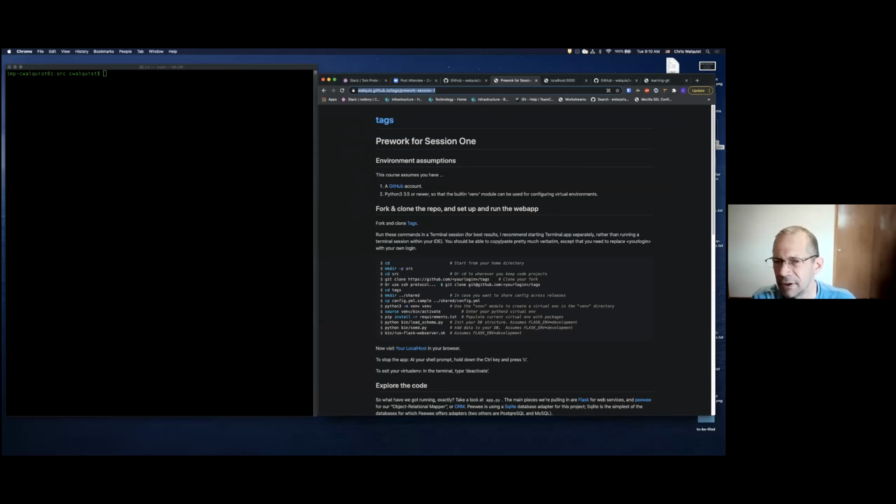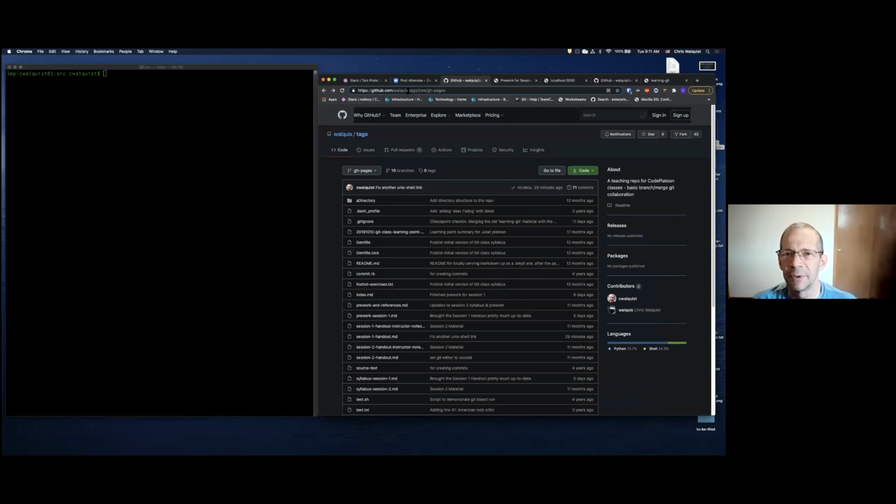And so what we have here is a tags repo, and the link I just chatted you is the, let me back up a little bit. The link I chatted you is the same repo, but it's a kind of weird aspect of this repo, and I'll explain what I mean by that. So the repo itself is this repo here. So let me chat that as well. So that's the thing that you're going to clone, github.com/walkwith/tags. The place that we're reading from with the pre-work,